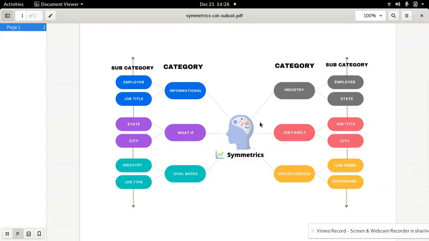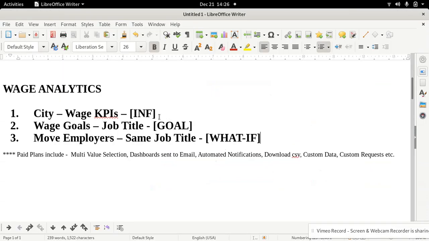If you want to navigate, you have categories: informational, what if, goal based, industry, job family, miscellaneous, and under those, subcategories of employer, job title, and so on and so forth. This map will help guide you in terms of what you're looking for at a very high level. All right, so let's jump into city wage KPIs.